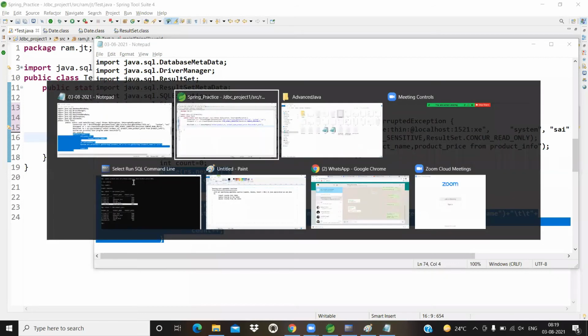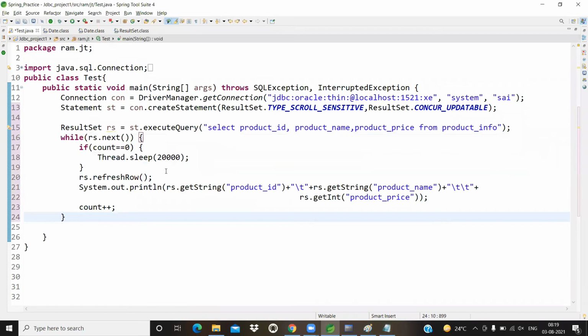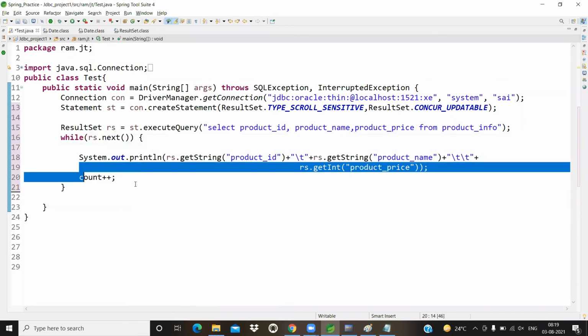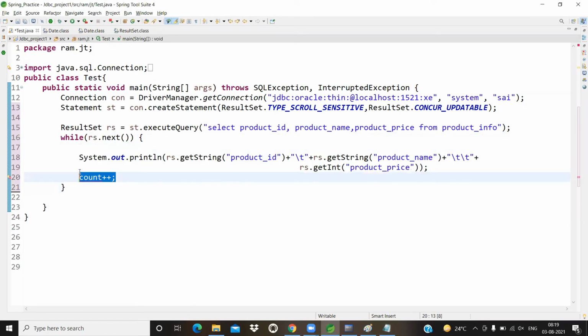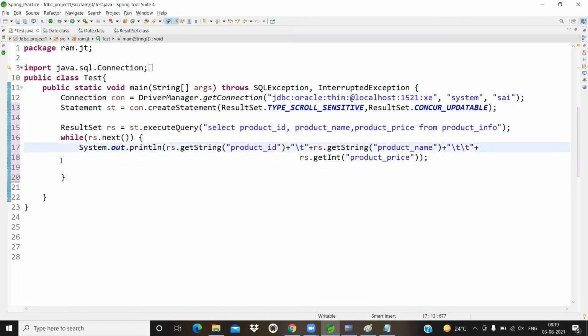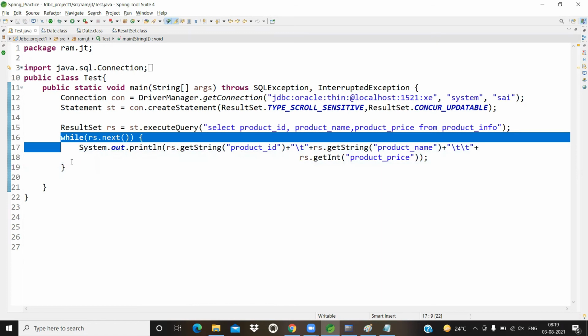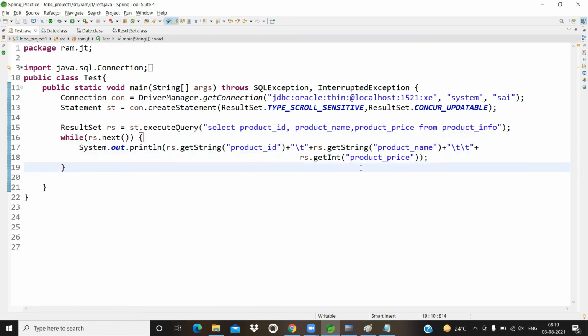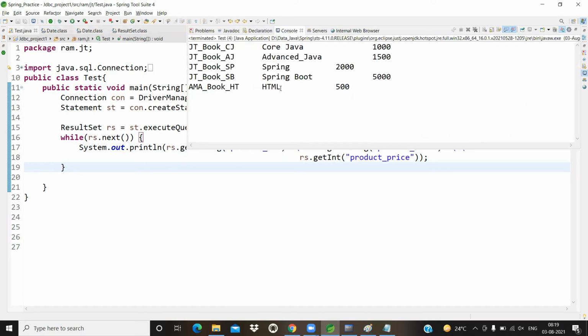For time saving purposes, I'm writing it. To read the records from the table, we are using rs.next, and after that we are going to read the data. So let's execute this program. All the data is printed or not? Excellent. All the data printed.